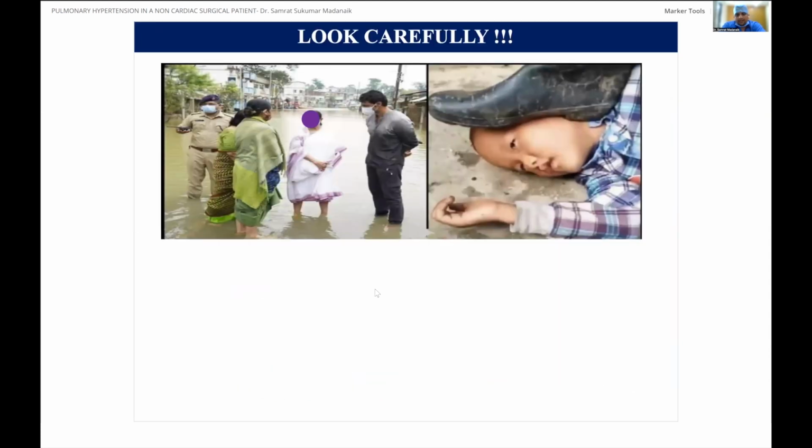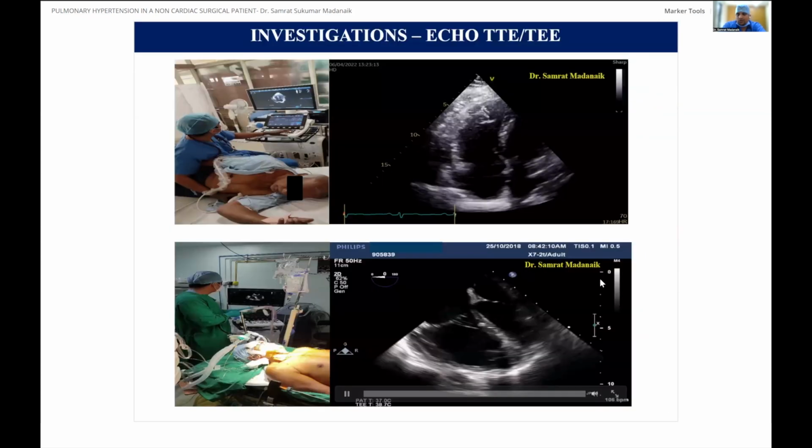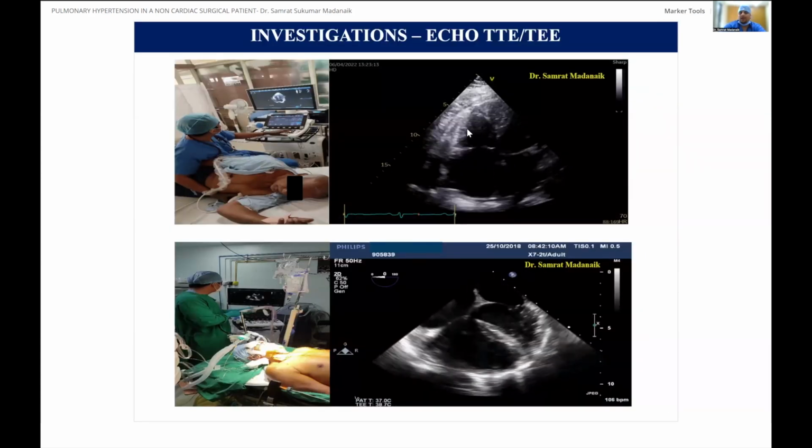Now look at this image here. What do you see? A politician is trying to talk to people in the flood affected area. A child is being subjected to violence. But is it the truth? Well, absolutely no. So when dealing with these patients of pulmonary hypertension, you should never forget the important modality,